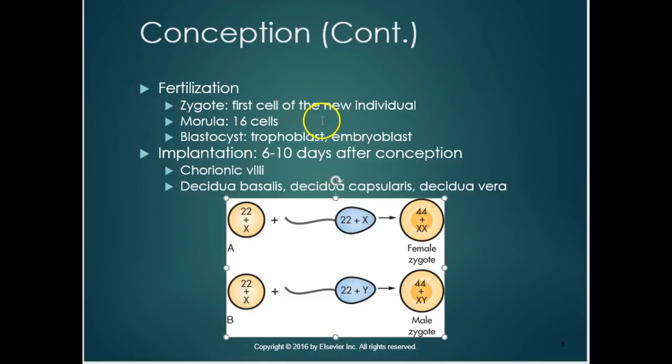Zygote is the first formation. A morula is 16 cells, and then the blastocyst has a trophoblast, and that looks like a placenta. You can see an ovum, and you can see a placenta start forming and fluid. Implantation occurs 6 to 10 days after conception. We're going to look at a fallopian tube here in a second. And once we have implantation, there's establishment of chorionic villi into the decidua basalis, which is actually the endometrium of